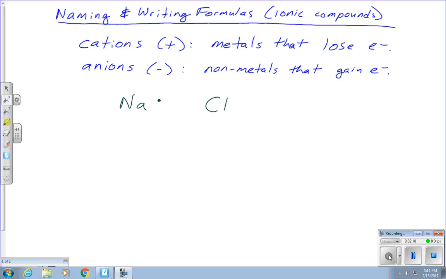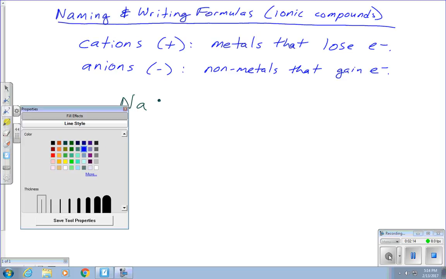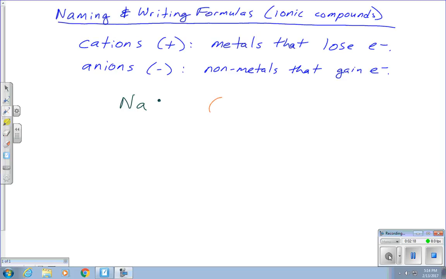Let me use a different color for chlorine just to make it pop. So chlorine is in group 7, so it has 7 valence electrons, 2 in the 3s and 5 in the 3p. So what happens is this electron transfers from the sodium to the chlorine,